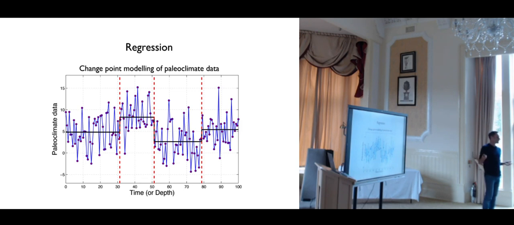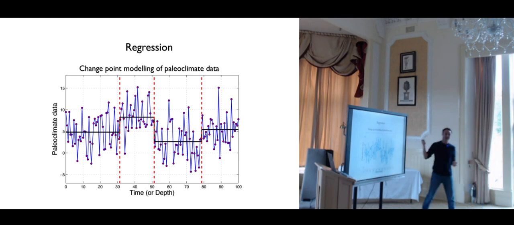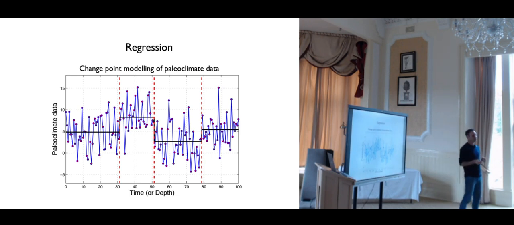It's a regression problem. It's a very nonlinear regression problem. And also the question is, how many change points do we have? We don't want to say we have 3 change points, where are they? Or we have 4 change points. We don't know in advance the number of change points. So because we don't know the number of change points, the number of unknowns, it becomes a transdimensional problem where the dimension of the model space is variable.